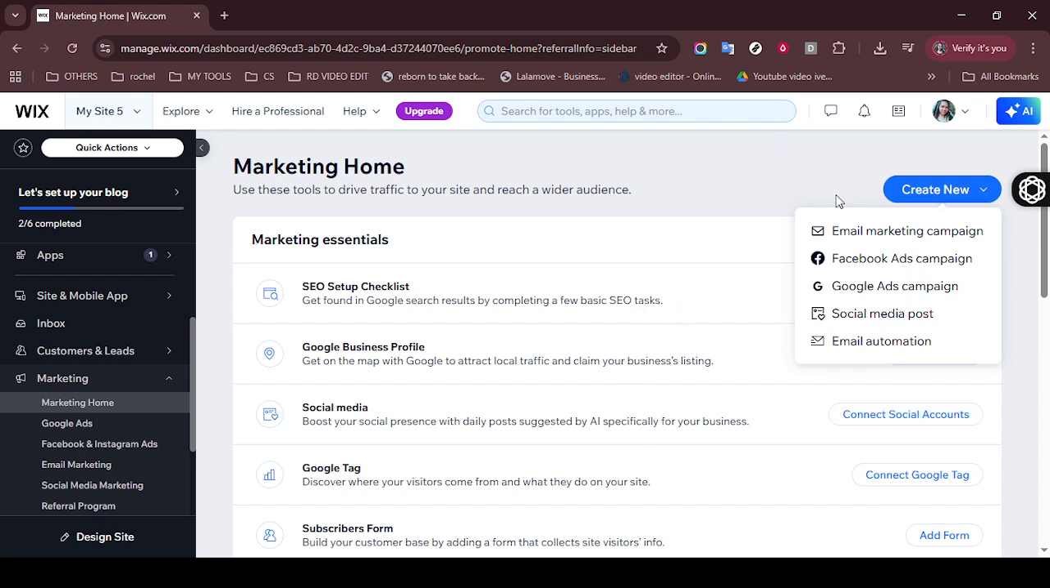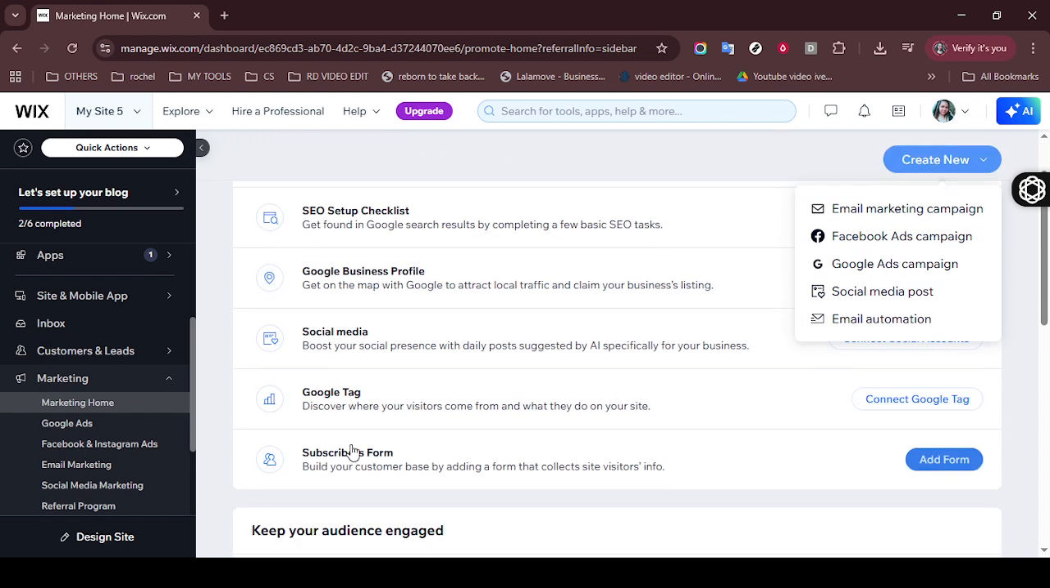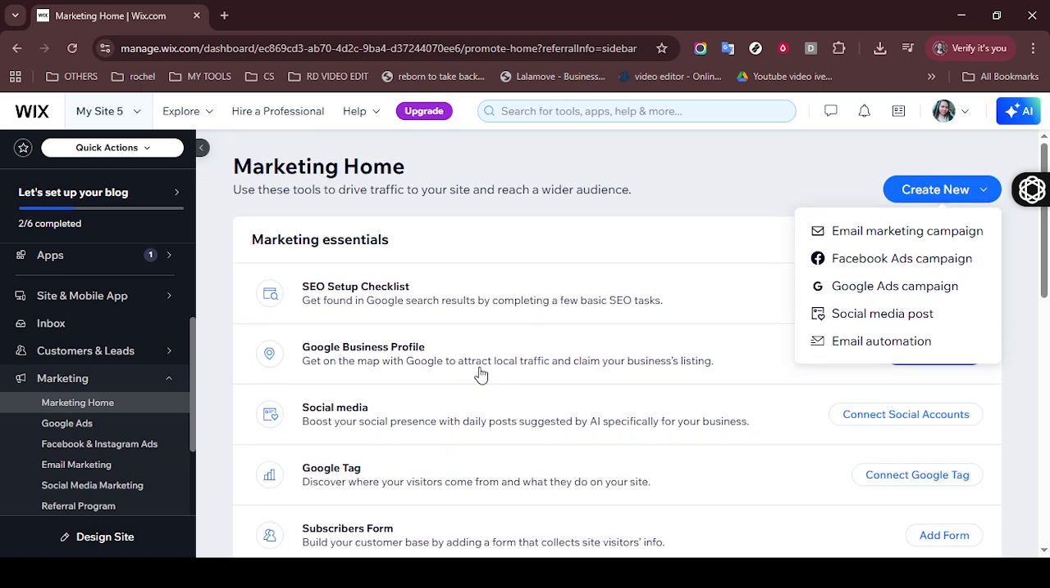And there we have it. Your website now has a functional and customized Wix Chat app ready to engage your visitors. This setup not only facilitates real-time interaction,